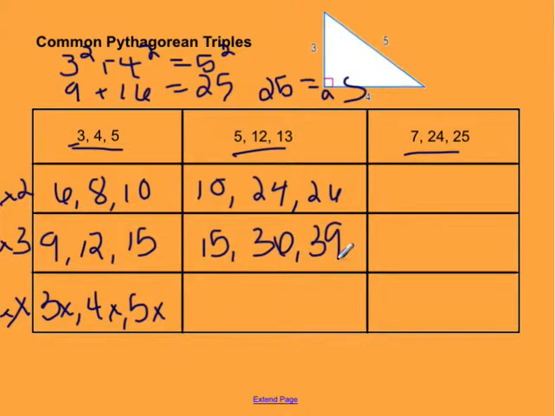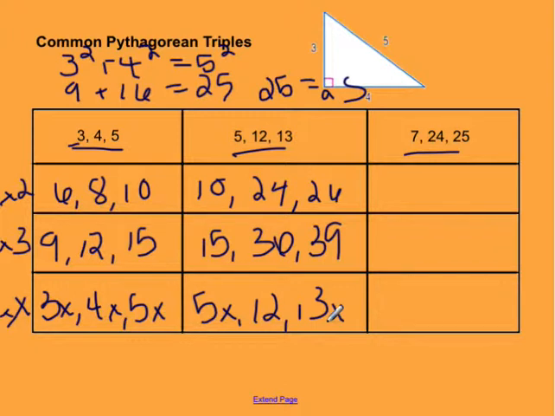That makes a right triangle. You can multiply by 4, you can multiply by 5. Anything you multiply by, as long as you multiply each of those by the same thing, it will work out. So then we have 5x, 12x, and 13x. Whatever we pick for x, whatever multiplier we pick, that will work out to be a Pythagorean